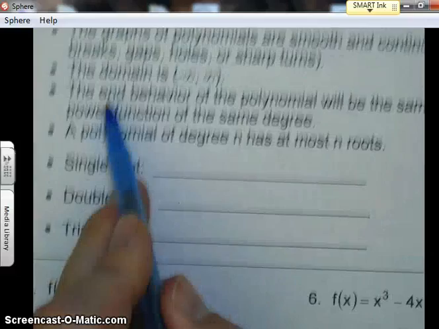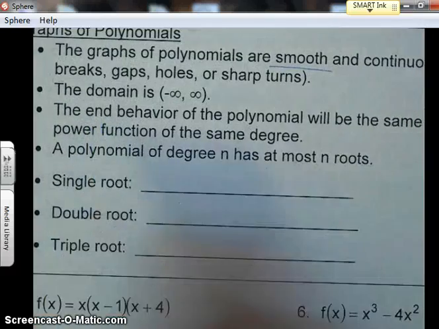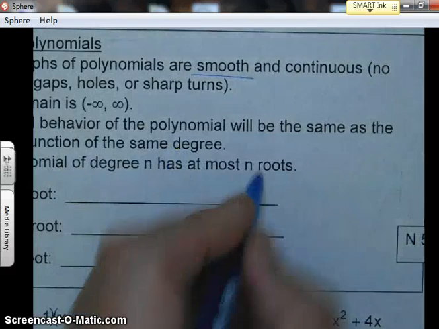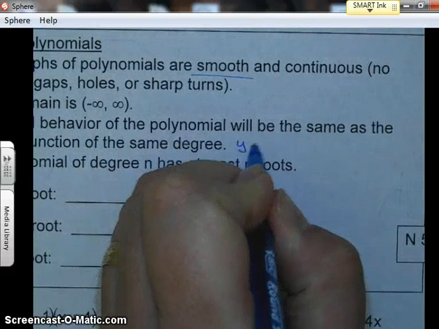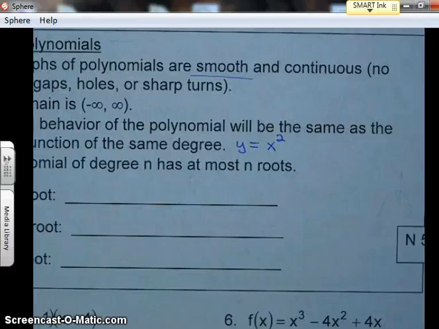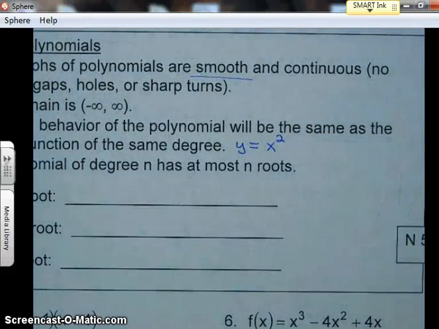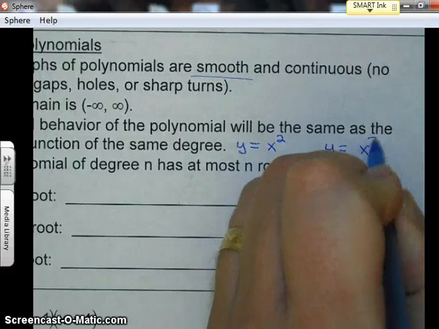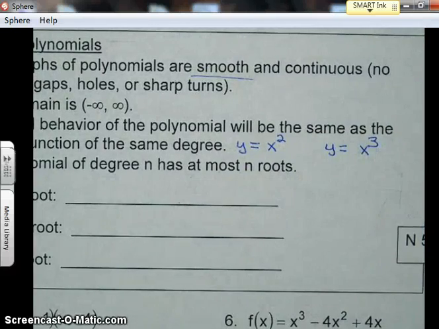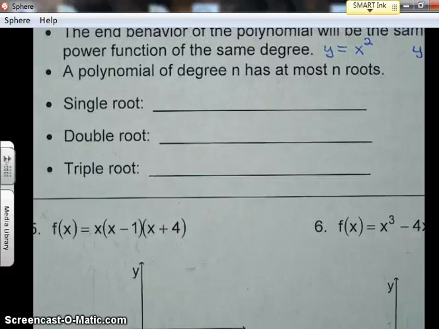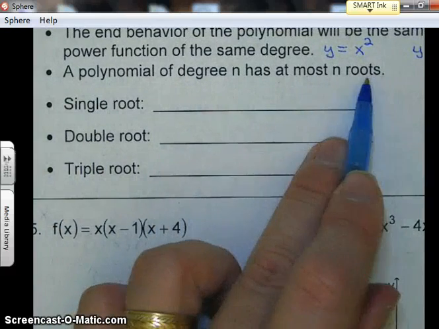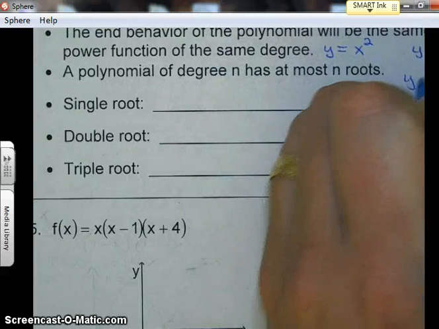The end behavior of the polynomial will be the same as the power function of the same degree. So remember, if it's even, it's going to resemble a quadratic, a parabola. If it's odd, it's going to resemble a cubic on the ends. A polynomial of degree n has at most n roots. So if I have y equals x to the 5th,